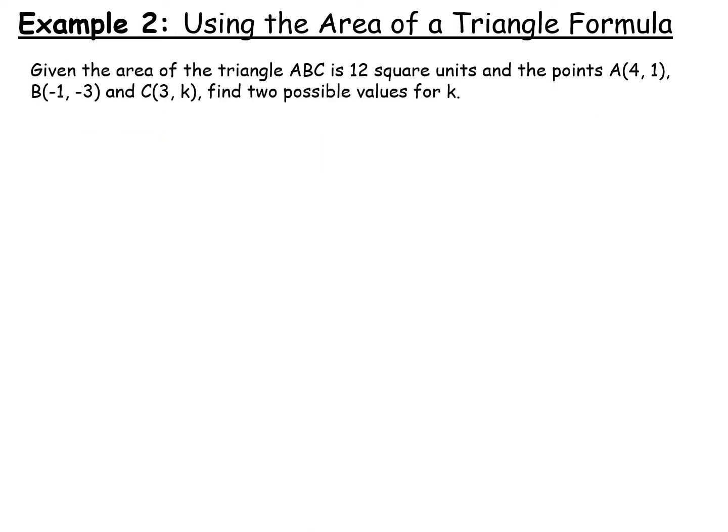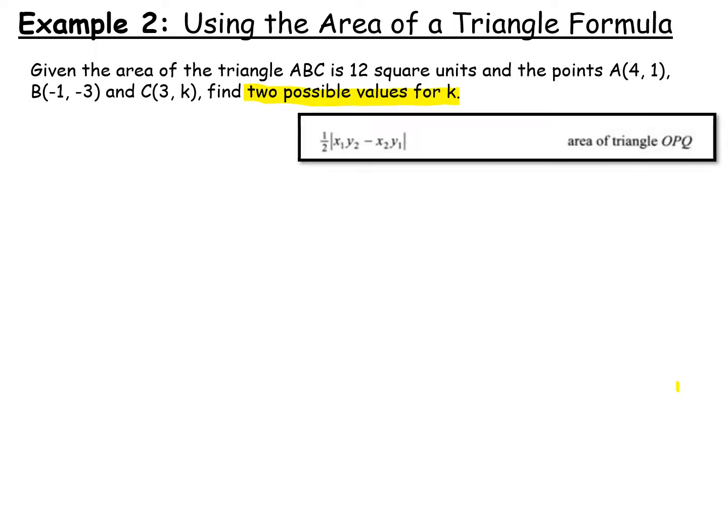So example 2, this is again using the area of the triangle formula but in a different way. It says given the area of the triangle ABC is 12 square units and the points are A, B and C, find two possible values for K. When you're reading a question, where it says two possible values of K, we should end up with 2. Don't worry too much for the moment as to where they came from, but we do have our formula here,